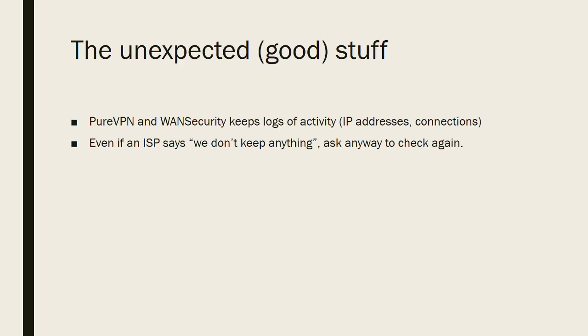So again, the good stuff I mentioned was the Pure VPN and WAN security. They keep logs of activity. So Lynn, the suspect, was using these services, either realizing or not caring or not believing or anticipating these IP addresses being uncovered in the investigation. Regardless of what he was thinking, regardless if he thought that he was protected because nothing was being logged, or regardless if he thought nobody would ever find out or take the effort to get him, the result's the same.